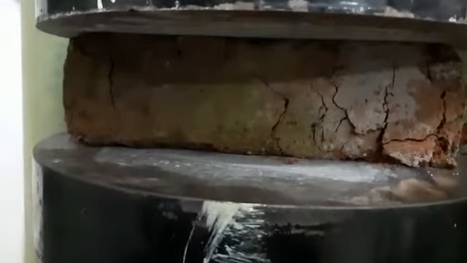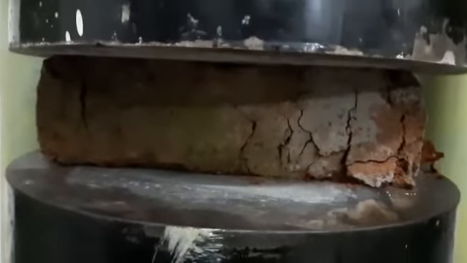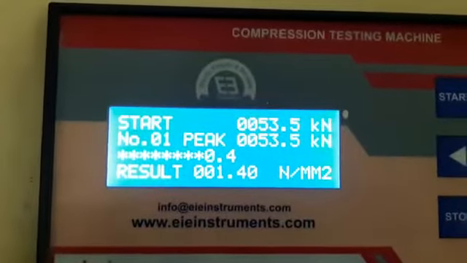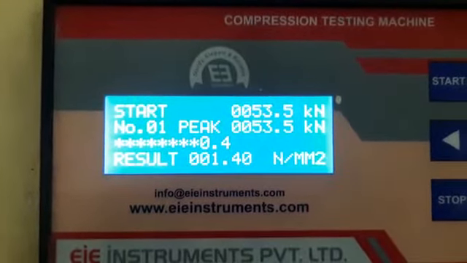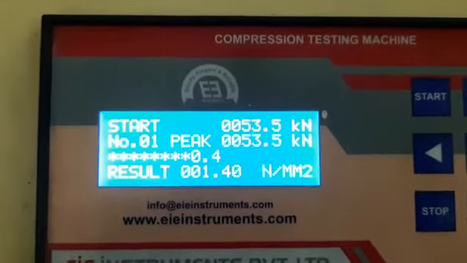Almost the whole portion of the brick is cracked. Now you can see the load in the digital meter, that is 53.5 kilonewton. Now it is not increasing, so this must be your final reading.